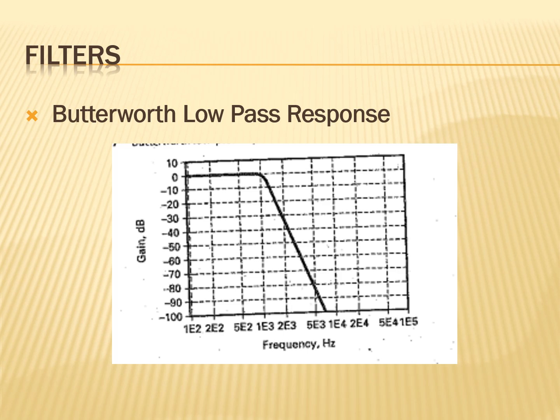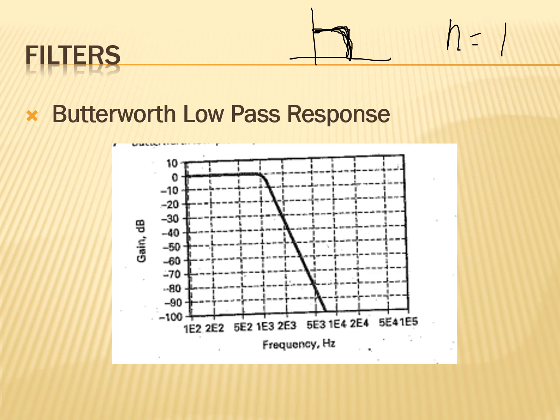So this is the approximate Butterworth low pass response. If we are going to compare it with a low pass filter, this is the ideal low pass filter, while this is the Butterworth low pass response. Okay, so a first order Butterworth filter rolls off at a rate of 20 dB per decade or 6 dB per octave, because first order means our n is equivalent to 1.